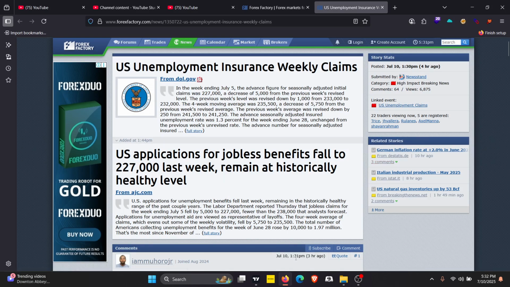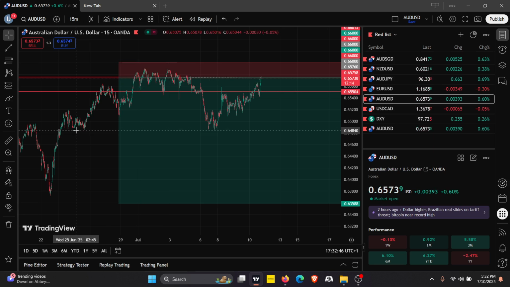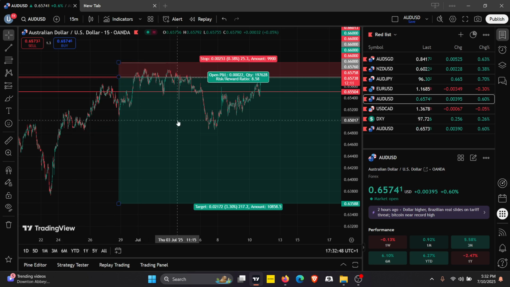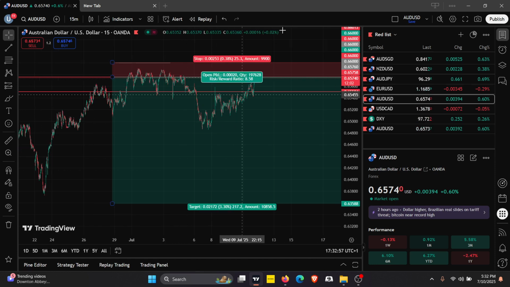My first entry for today was at this level, so I was expecting to just start selling here, but as you can see, we had a pullback to the next entry level, which happens to coincide with my entry from 3 weeks ago, meaning I'm still holding this trade from 3 weeks ago. So it's very important for you to know exactly what you're doing when you're on the chart. You don't want to be on a sell and then when the market starts buying, you start panicking and you close all your positions thinking that's all for me.